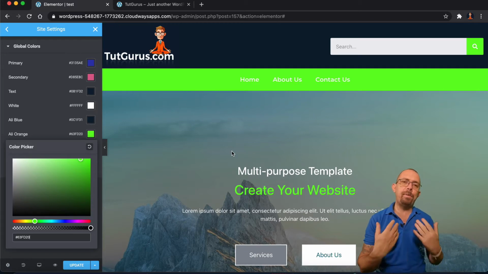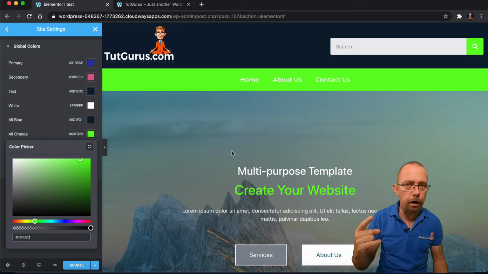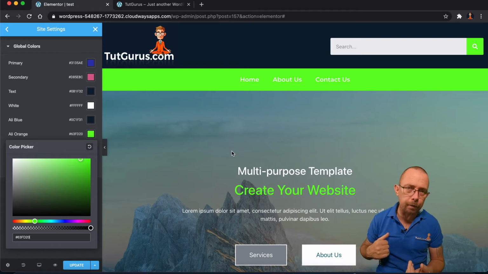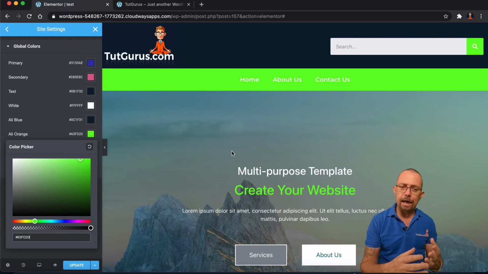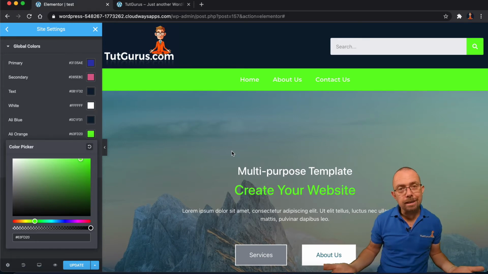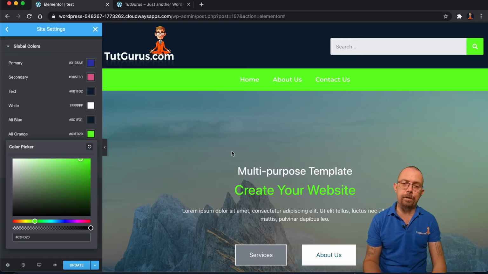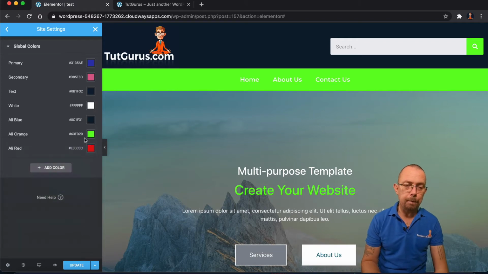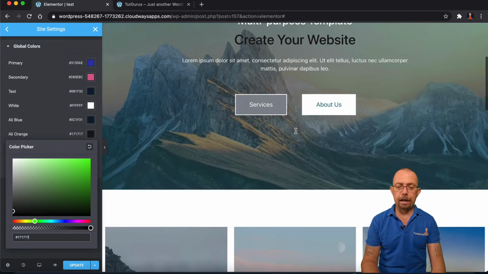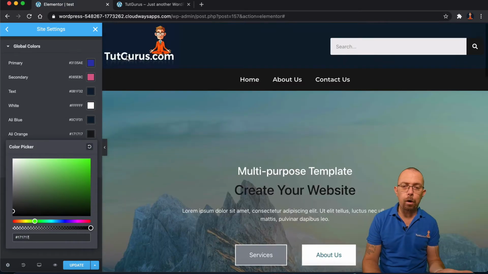So when we're building websites, we're doing it smart. We're not just making something look good and that's it. We're thinking about the background. We're thinking about ways to make our edits, if they're paying us a retainer every month, so that we can come in here and make these easy edits one time without a lot of headache. Okay, so this is the power of global colors.